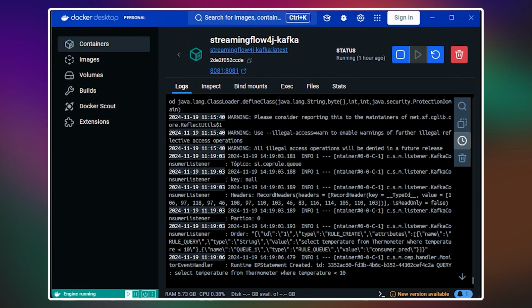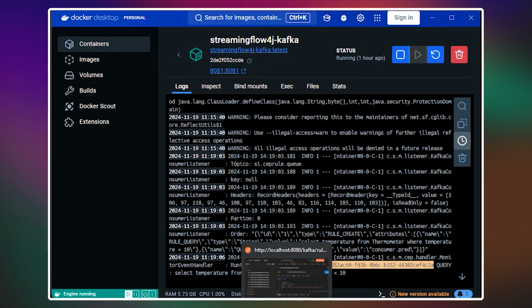And when you see it created, the ID for this rule is very important, because after this you just send the behavior of the query. Just copy paste it here,